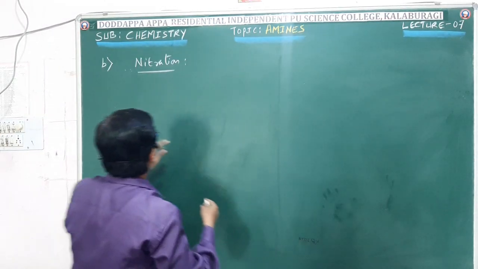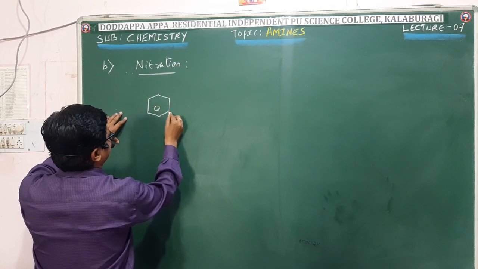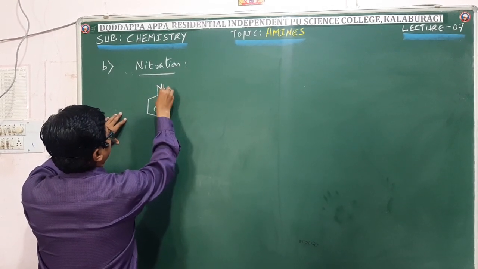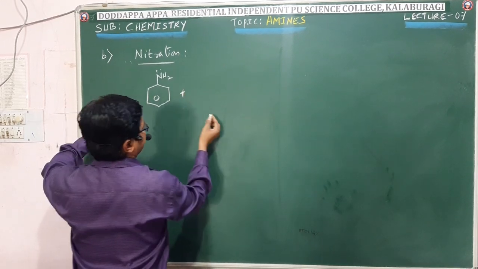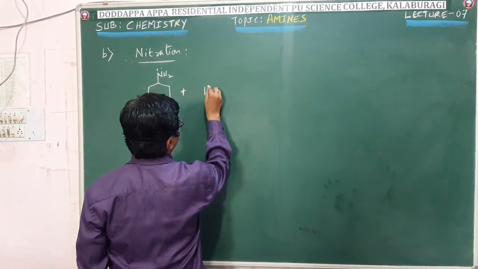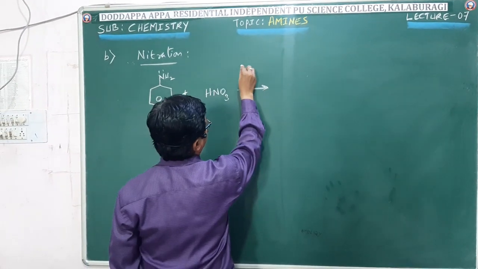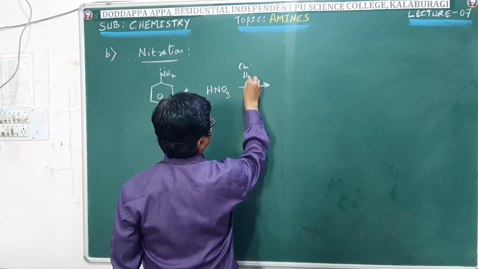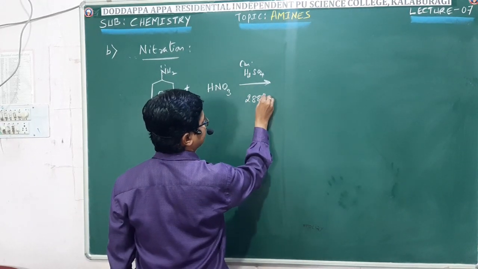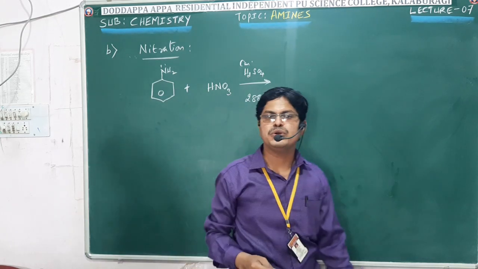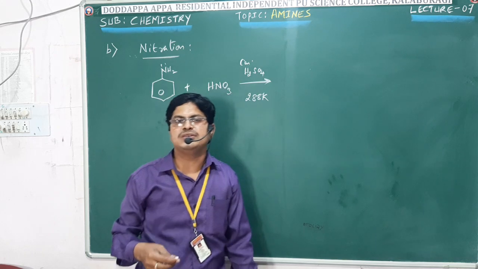That is when aniline is treated with a mixture of concentrated nitric acid and concentrated sulfuric acid at 288 Kelvin, at 288 Kelvin, it gives a mixture of